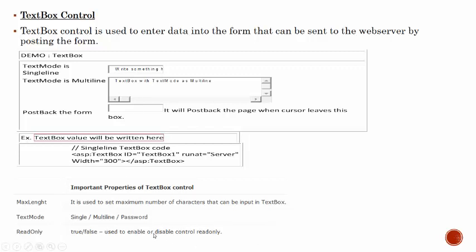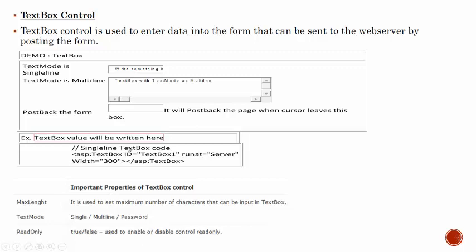If you set false, then you can write inside the text box control. So if it is true, it will disable the writing, and if it is false, it will allow you to write inside the text box control.